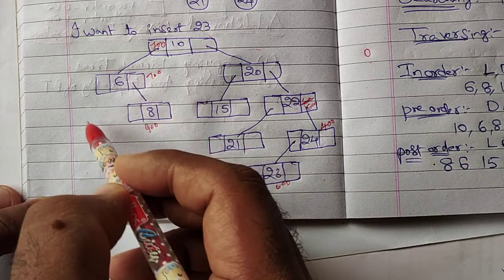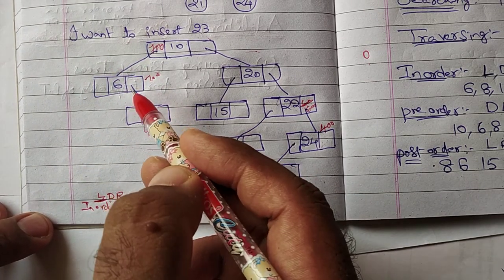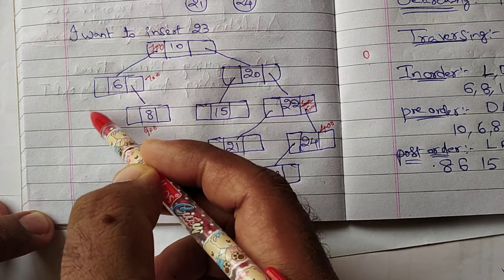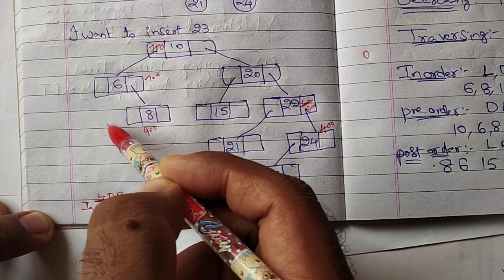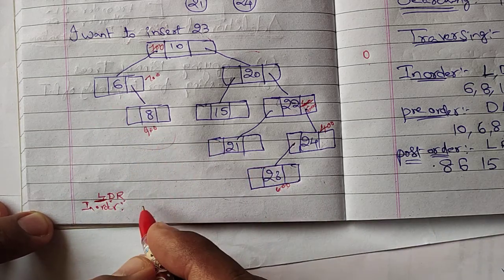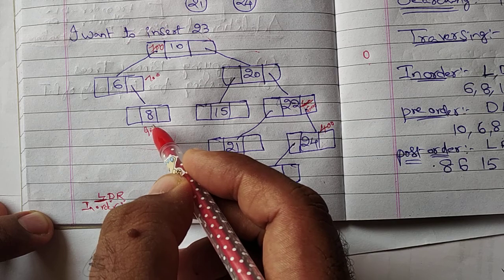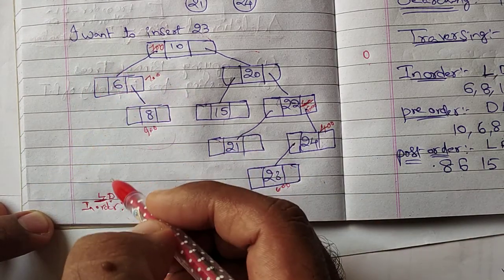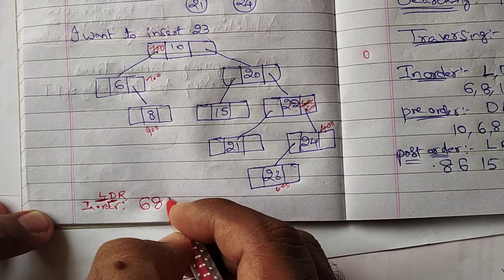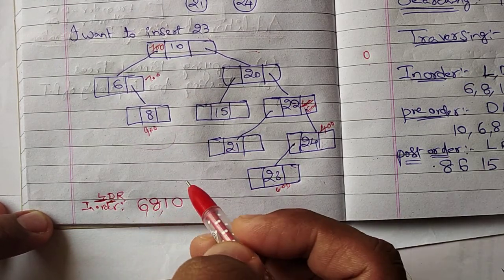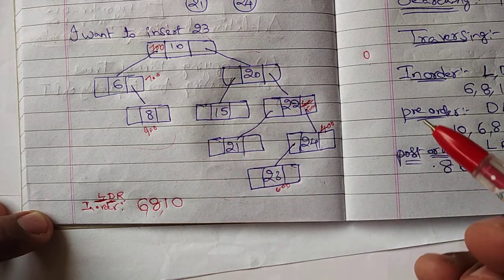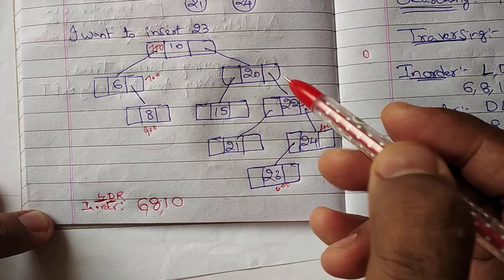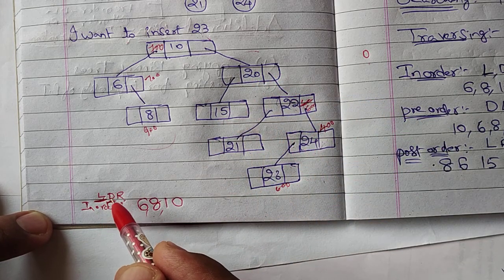Okay, now come down. Left subtree also looks like one more binary search tree. So same rule we have to apply. Left subtree. Is there any left subtree? No. So simply visit data node. So 6. Now go to the right subtree, 8. Okay, left is over. Then we have to visit data, which is 10. 6, 8, 10, and come down to the right subtree. Now right subtree, again there is a binary search tree. So simply apply recursion operation, LDR.